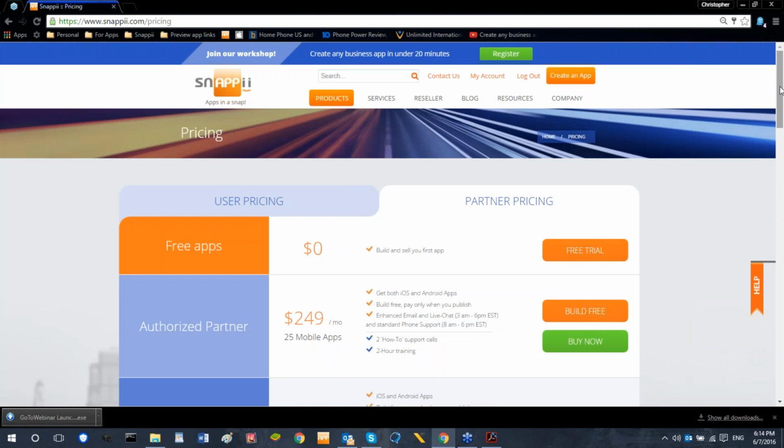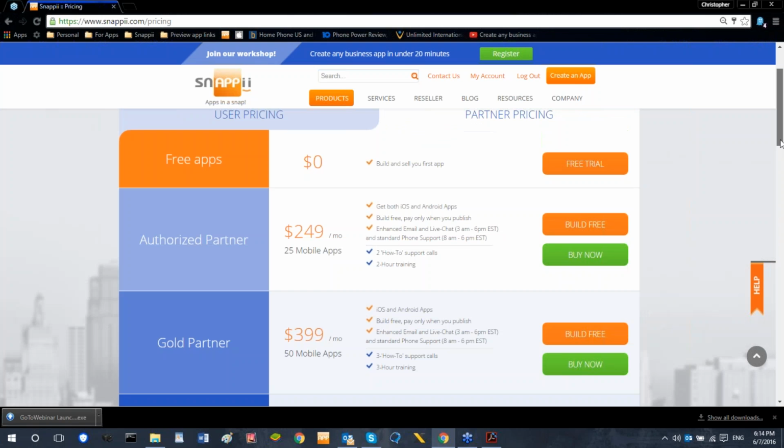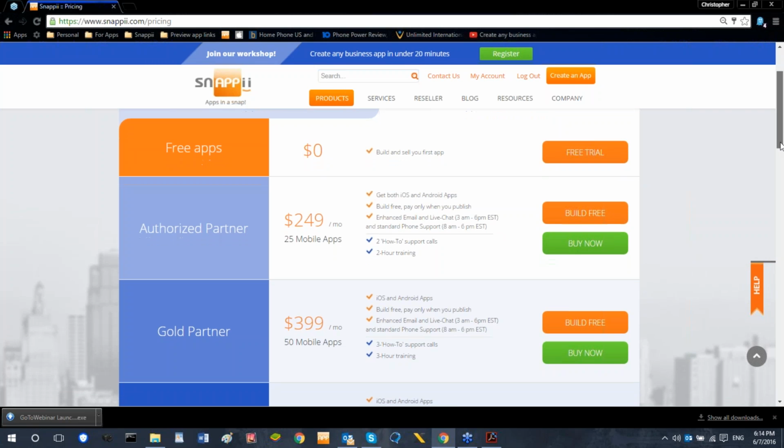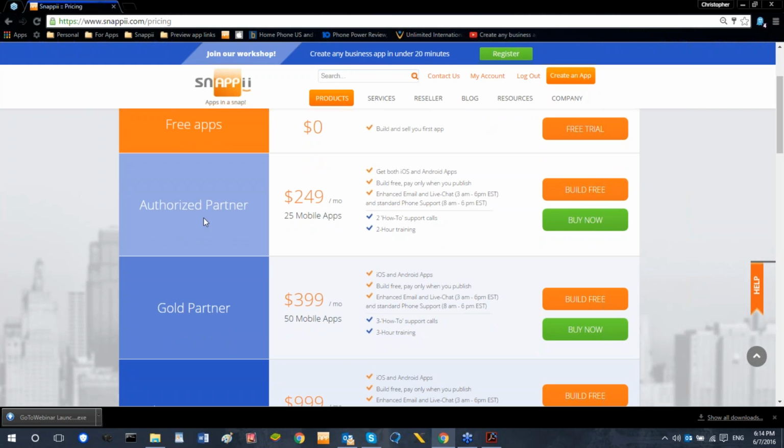So you can go here, just click partner pricing, and then of course it's a free trial. You can build and sell your first app for free. You do have to become approved as a reseller, so we need to understand your business and your customer base, and how the relationship will be beneficial to both parties. So after working out those details, you can become an authorized partner, and we have plans starting